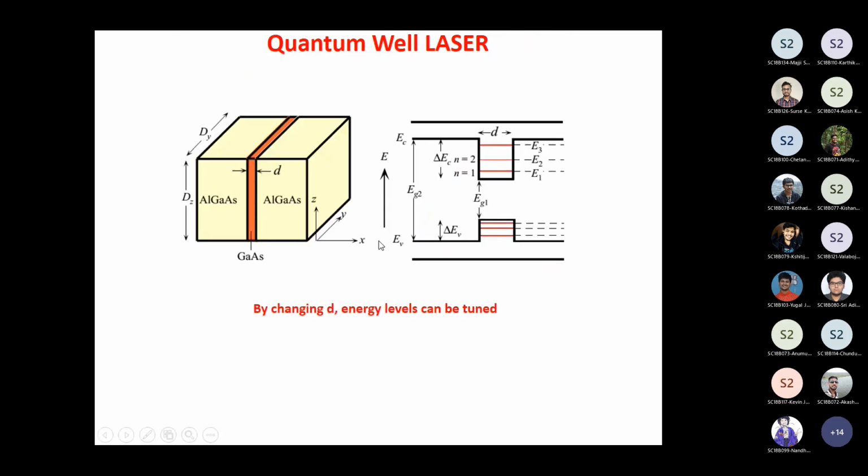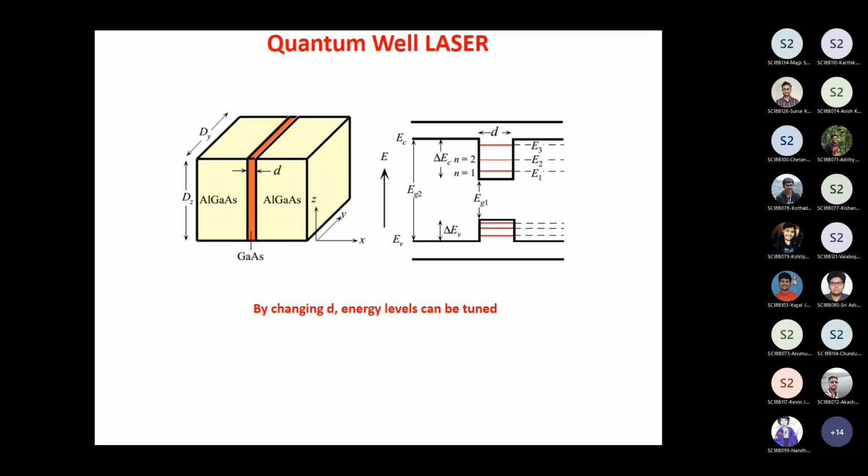All right. Now for an optical communication system, as I said, we are very much interested in properly deciding the wavelength at which the laser diode operates. So you want to clearly control the wavelength at which the light emission happens from a laser diode. The reason is because we have seen that optical fibers have the least dispersion at a particular wavelength, the least attenuation at some other wavelength. So it's always advantageous if you can precisely adjust or control the wavelength at which a laser diode can operate.